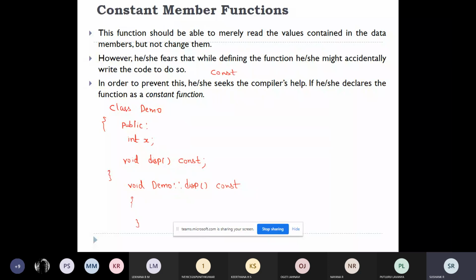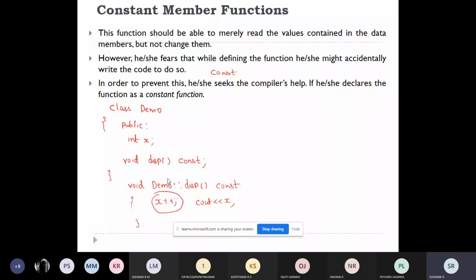After that, for example, here I have given some value x. If I try to change that value, like if I write x plus plus, which would increase the value of x by 1, I will get an error. Here, changes are not allowed. The only thing you can do is read the value of x. You cannot change the value of that variable x. So this is regarding the constant function.